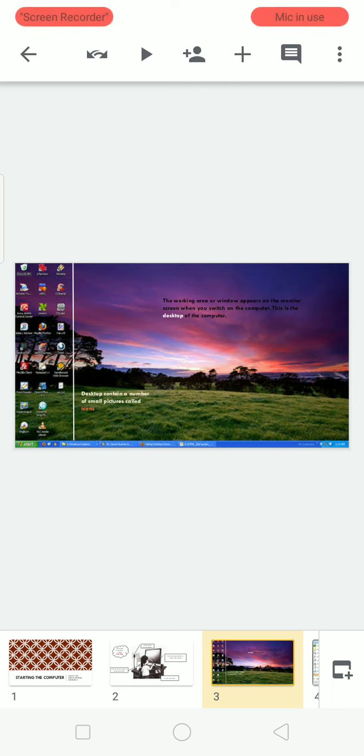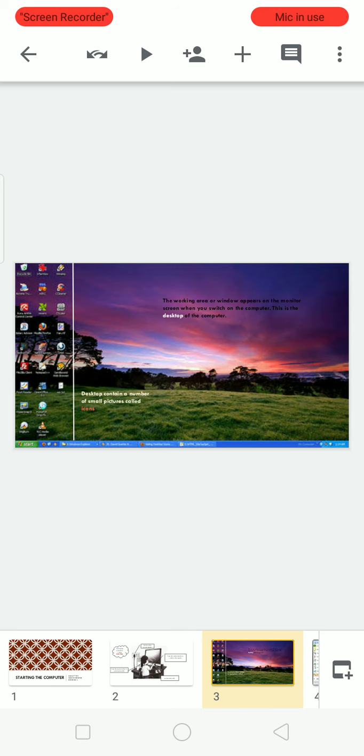When we switch on the computer, the first monitor screen that appears is called the desktop. Those small pictures are called icons. Just keep in your mind, small pictures are called icons. When we click on those icons, we can go through to their page.